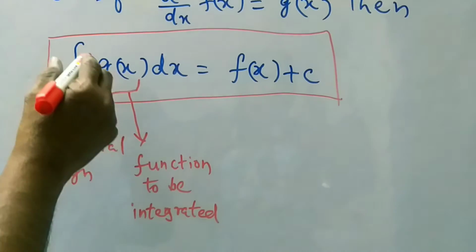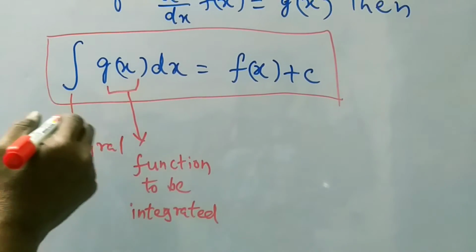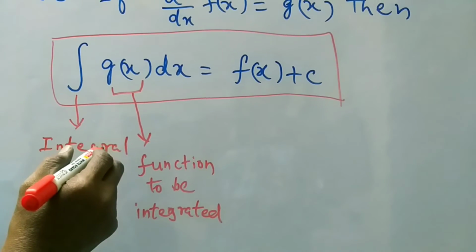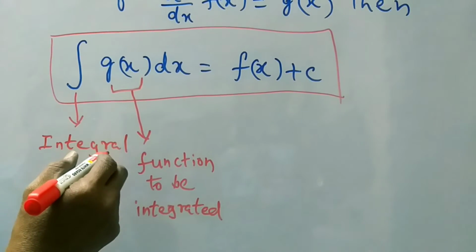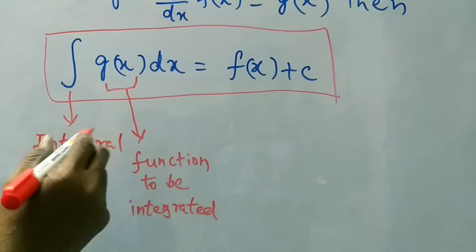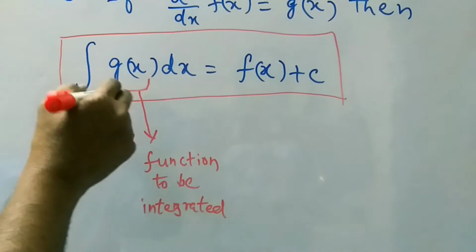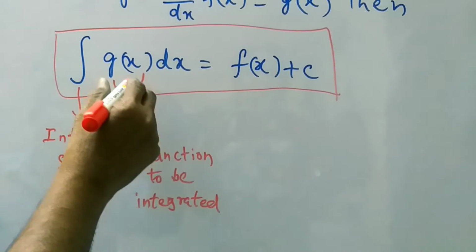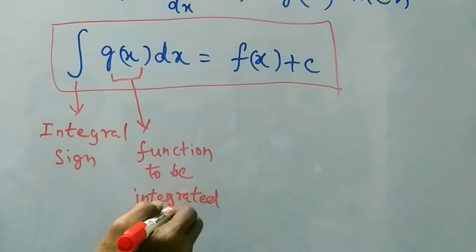In place of g of x, anything can be there: algebraic function, trigonometric function, exponential function, logarithmic function, rational function, irrational function, and constants also. So g of x is the function to be integrated,